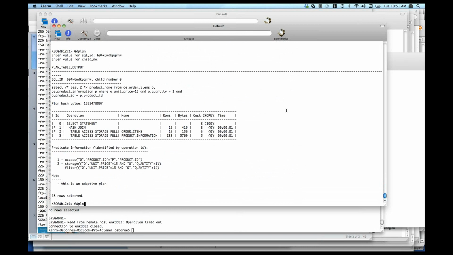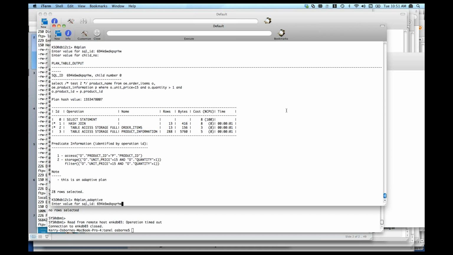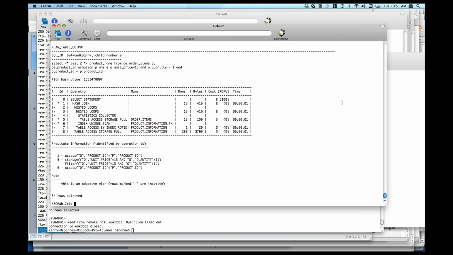If I give it that adaptive format string, I can see the steps that have been eliminated in my statement, right? And if I look at the XML for this one,